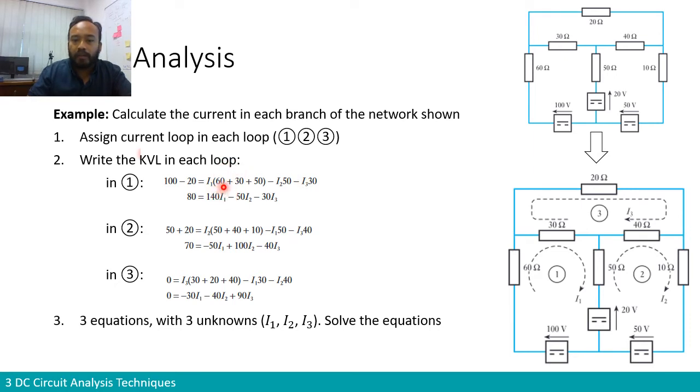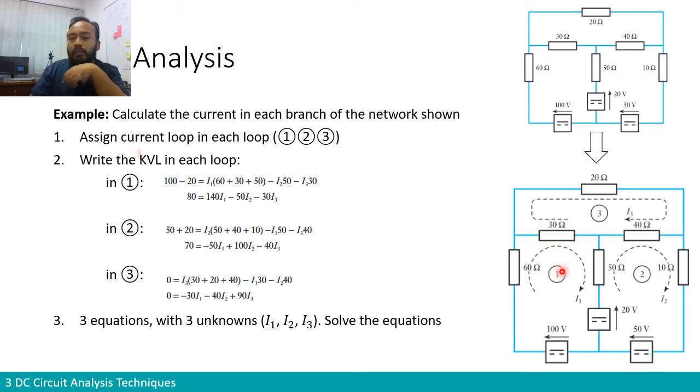So we have the first one, the voltage created by the 60 ohm, so I1 multiplied by 60. The voltage created by 30 ohm, I1 multiplied by 30. The voltage created by 50 ohm, I1 multiplied by 50. Okay, what is this term at the end here? This term is when we look at the resistors of 30 ohm and 50 ohm over here. The current that goes into, for instance, the 30 ohm is not only I1,